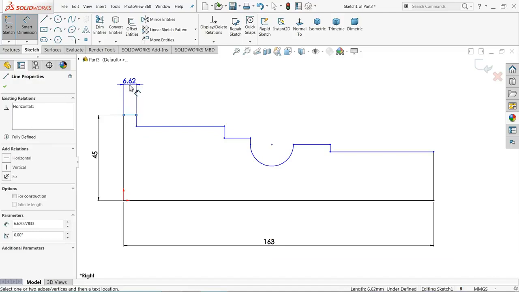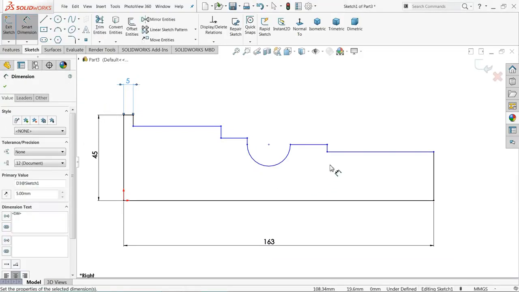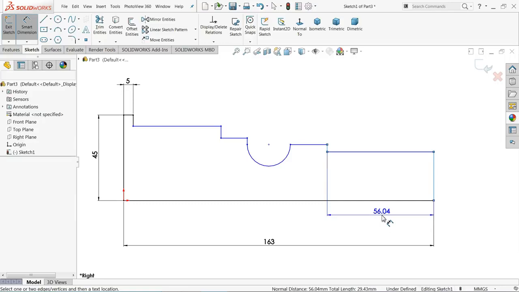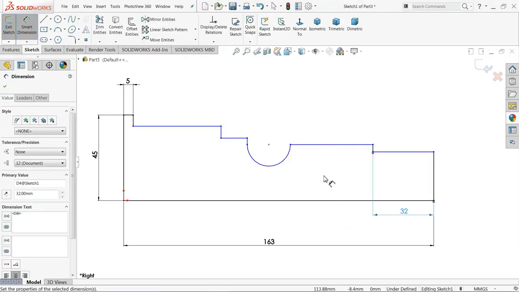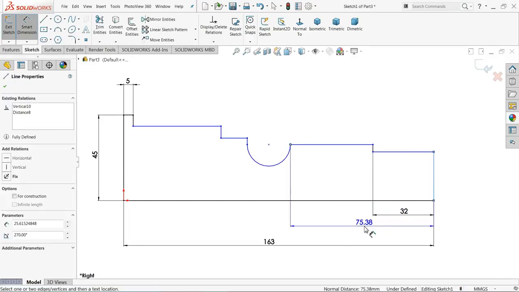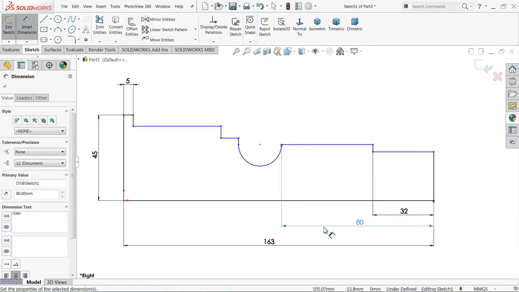Let's make this upper one 5 millimeter. Okay, and this one from here, this line we will choose 32 millimeter. Okay, now this point from this end, 80 millimeter.